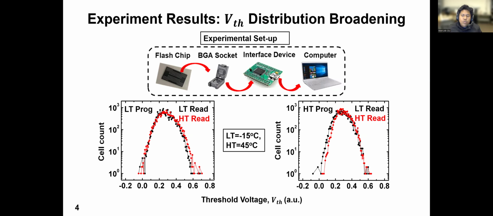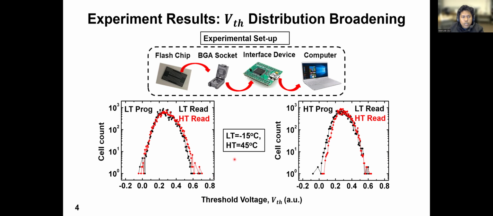So in both directions of temperature change, the threshold voltage values have shifted, and the threshold voltage distribution has become wider. We don't see the shift of the distribution here because commercial chips have an on-chip temperature sensor, which takes care of the mean value of the distribution, but it cannot take care of the widening of the distribution. So still there will be a lot of error bits observed when the cell is sensed